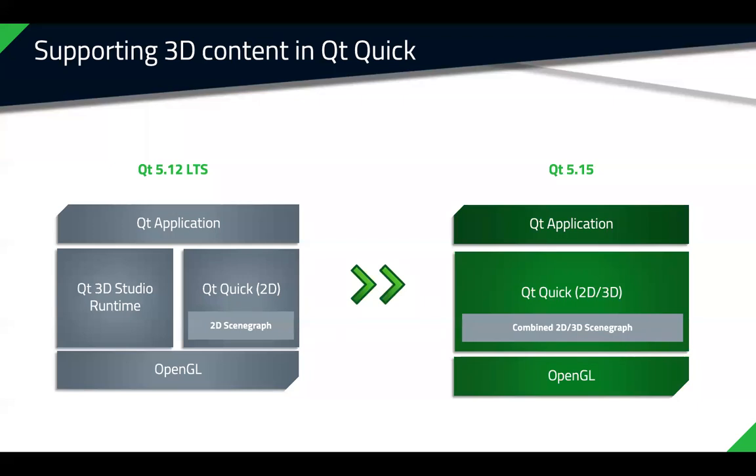They were living side by side, both on top of OpenGL, but they weren't really integrated, leading to quite a few problems in terms of how you synchronize the content between the two, how you do frame-by-frame synchronized animations, and a lot of glue code was needed to make that happen. In 5.15, we now offer a combined scene graph between 2D and 3D, which we also still base on OpenGL,